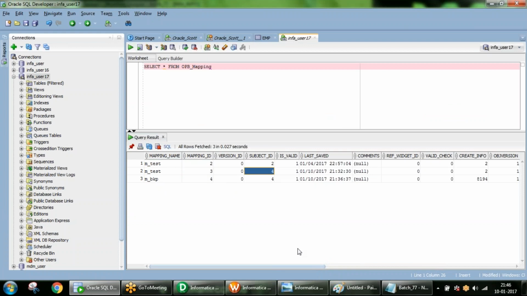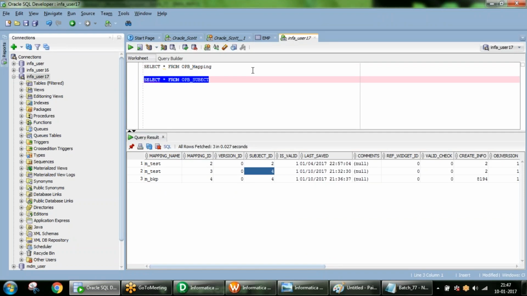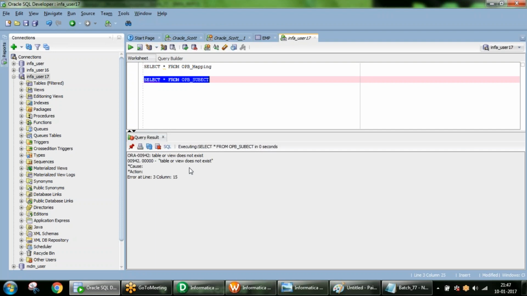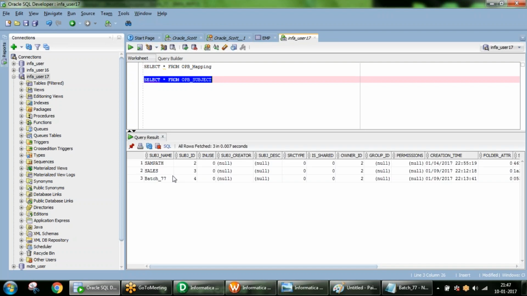What is subject ID? If you see yesterday's table, select star from OPB_subject. How many folders do we have? 3 folders.